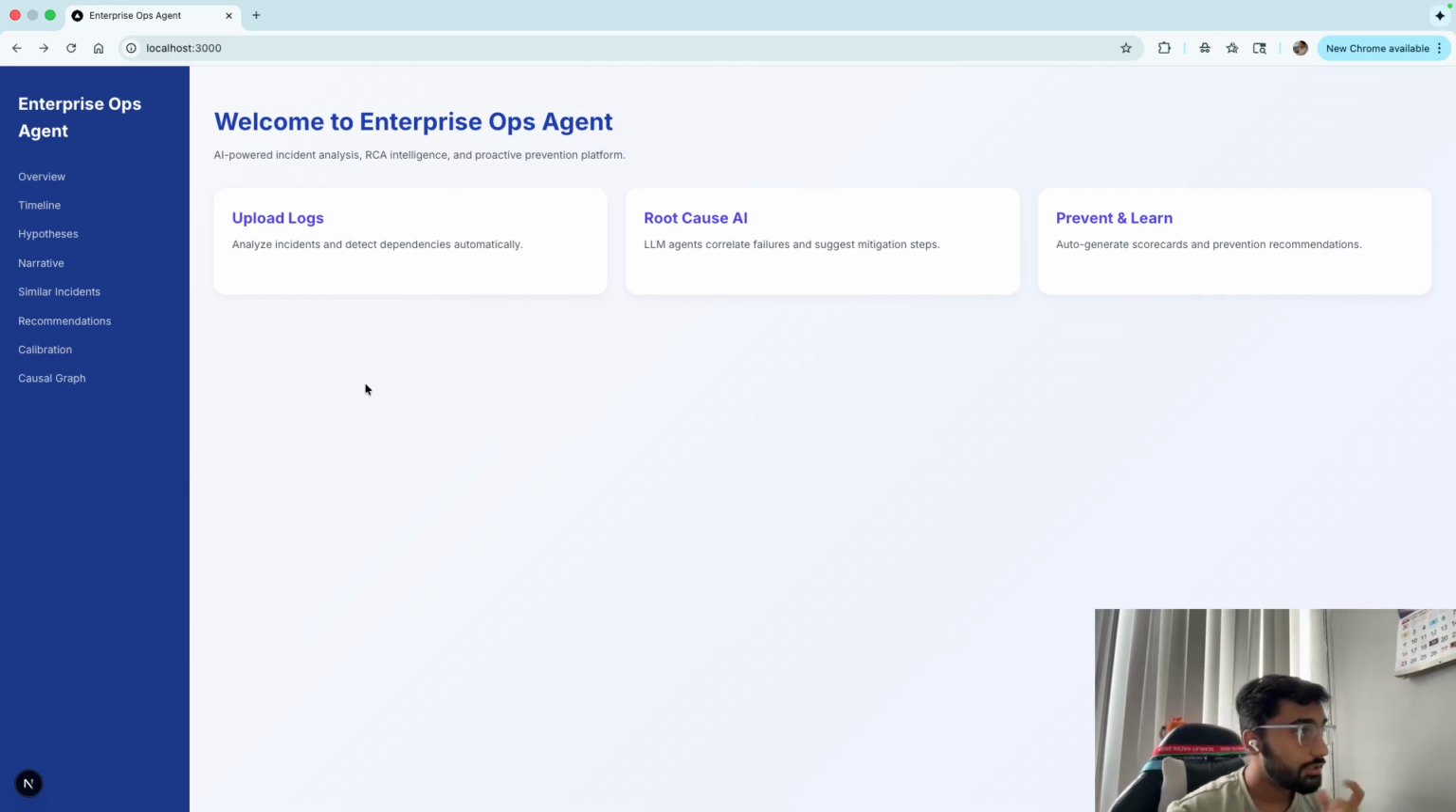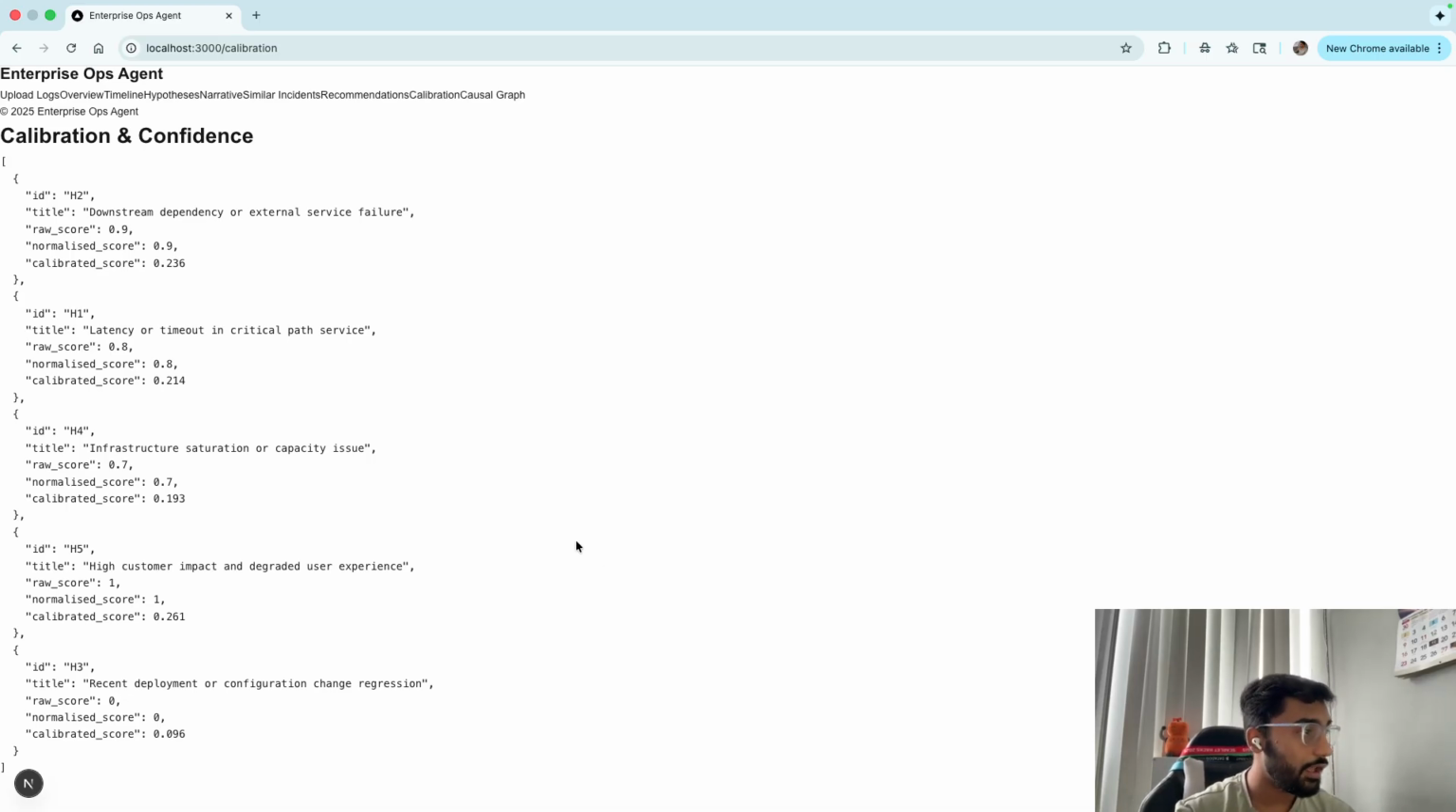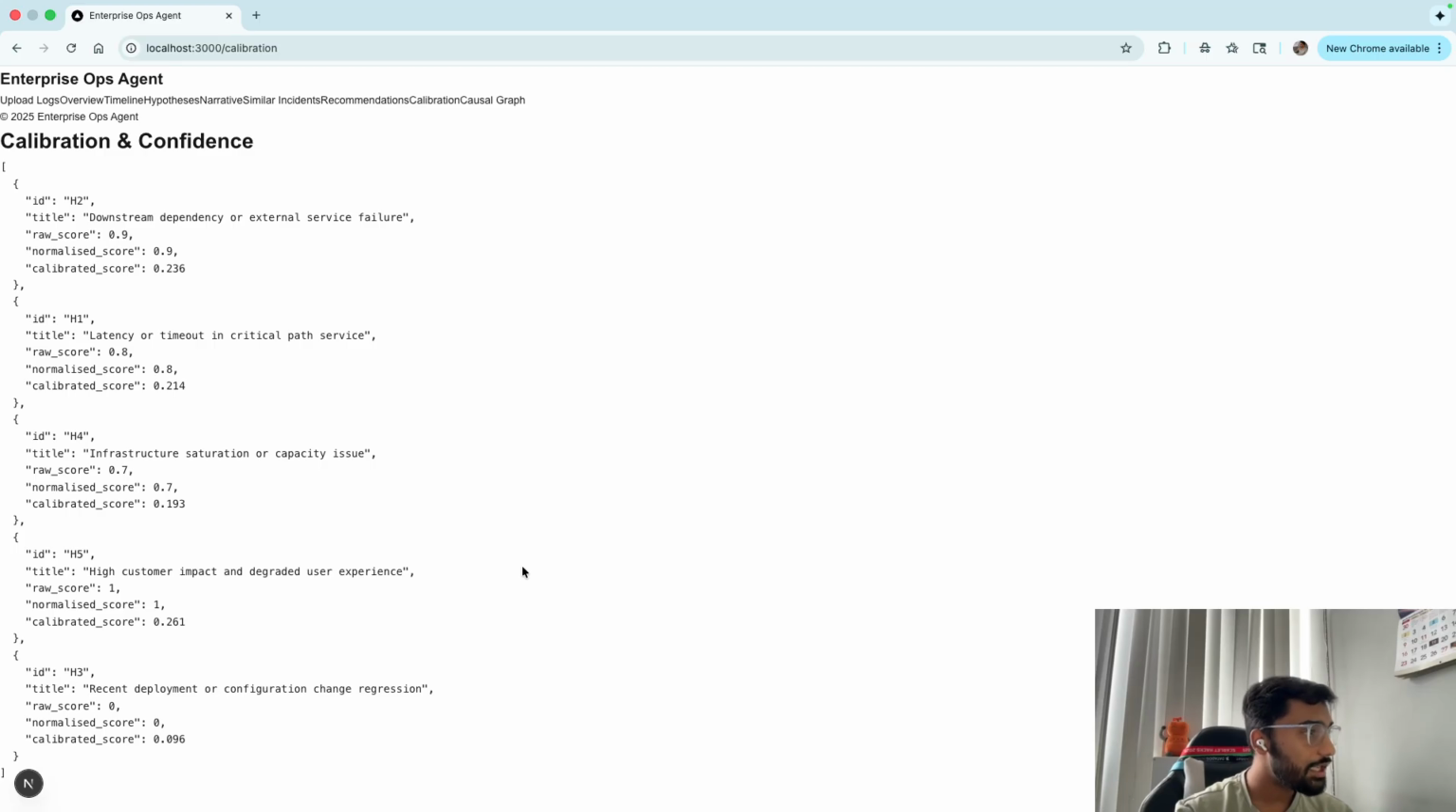And the second last one is calibration. Now, what is this calibration? It is to ensure trustworthy output. I can't say that my model is perfect or that whatever logic I've used in all the agents is all perfect. But this feature, calibration and confidence, mathematically adjusts all probability scores to avoid any overconfidence. So as you can see, it rates H2, H1, H3, H4, H5. Here I think the highest was H5, as per my knowledge. Yes, it was high customer impact and degraded user experience, which was given a raw score of 1 and calibrated of